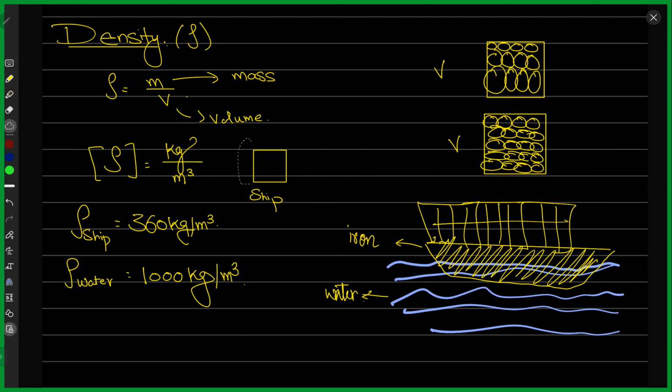This box is exactly the same size. Consider that this box makes up a volume of 1 meter cubed. This is for water. What these numbers mean physically or conceptually is that if I have 1 meter cubed for a ship, then there would be 360